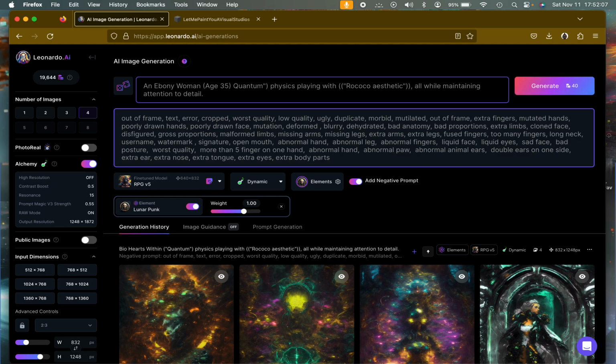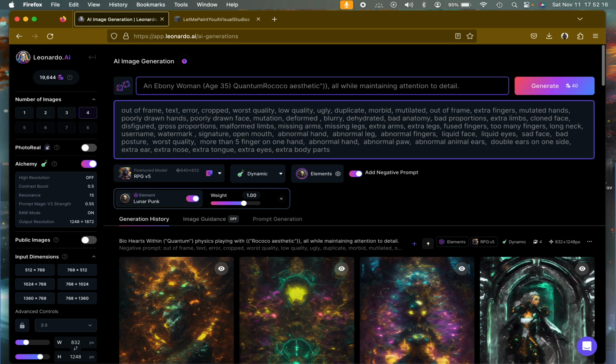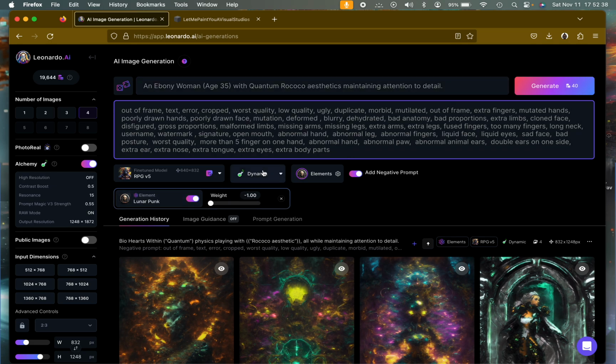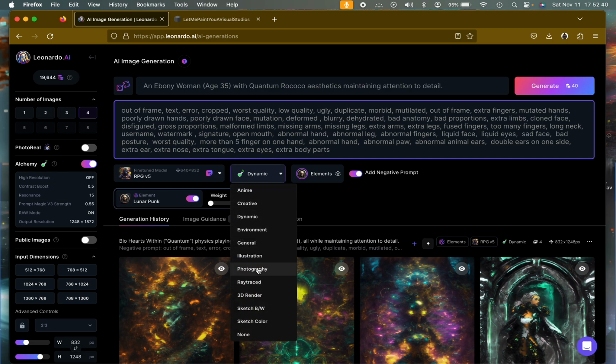And I'm gonna take off the emphasis for everything else, except for the age. Keep the age in parentheses. And every ebony woman with quantum Rococo aesthetics. Maintaining attention to detail. We're gonna do something very unique. So what I'm going to do is change this up to